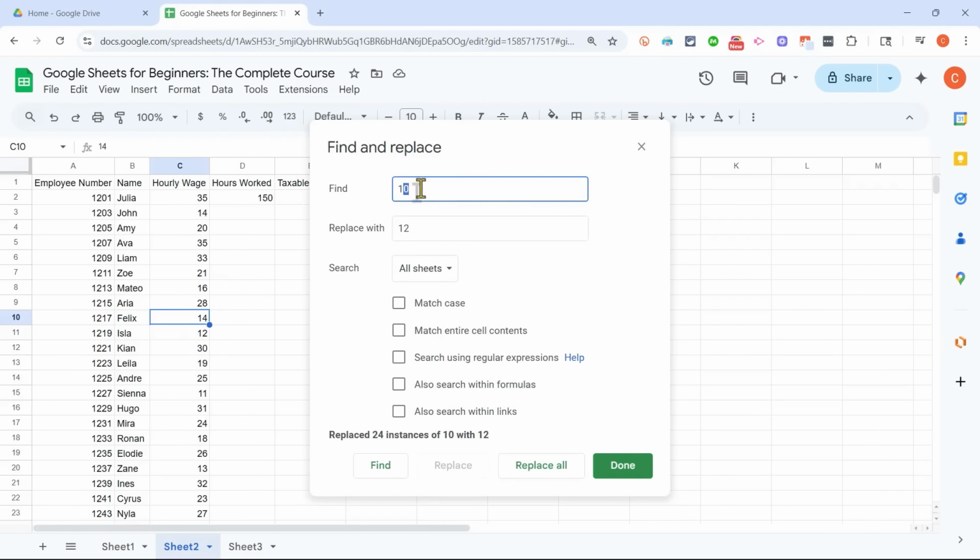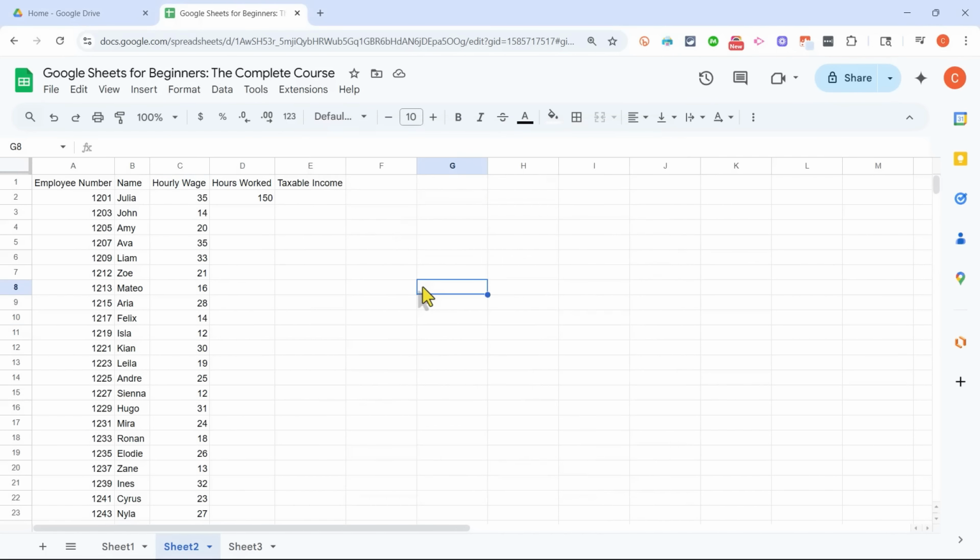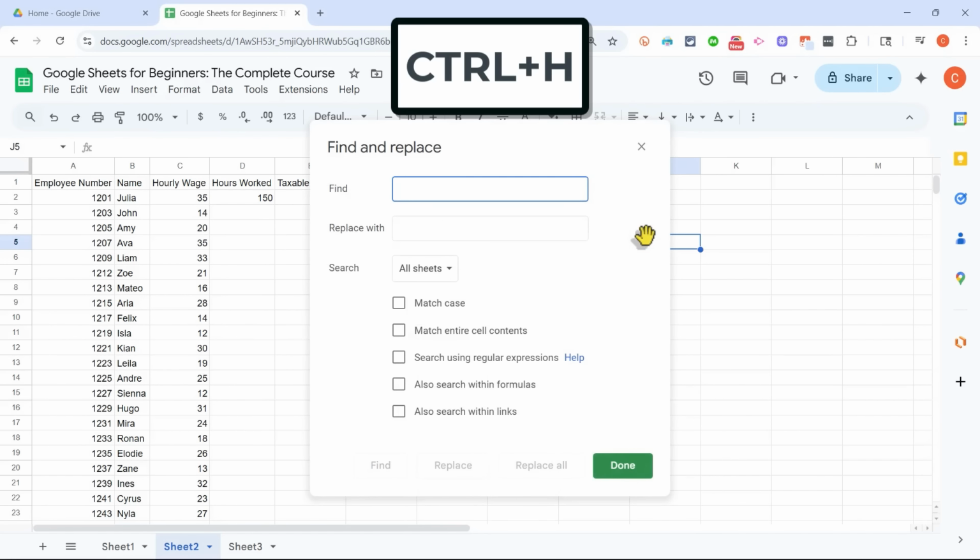I could do the same thing now with 11. Notice that Sienna has an hourly wage of 11, but when I click Replace All, it changes to 12. Now, in this example, I'm only working with 23 employees, but imagine 1,000 employees, or 1,500, or 5,000 employees. Find and Replace can be hugely valuable and save you so much time. So that worked great. I'll click Done. Now, if you want to keep your hands on the keyboard, which is usually a good idea, instead of going up to Edit and choosing Find and Replace, you can just hold Control and tap H to bring up Find